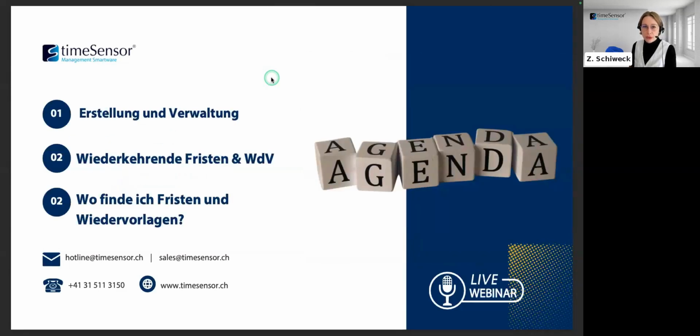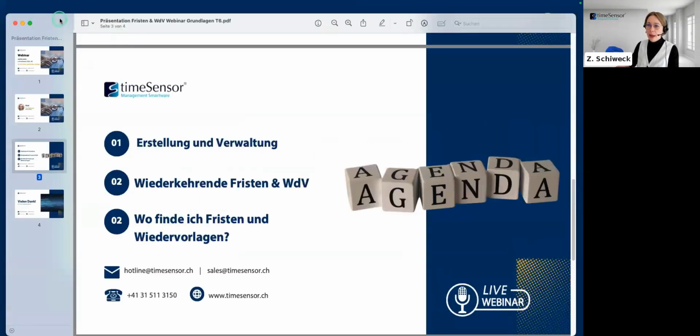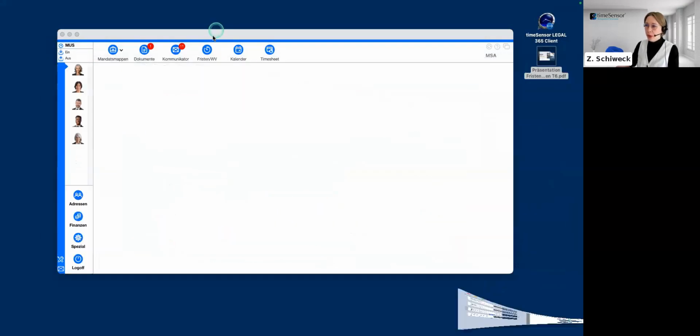Today we will just be focusing on deadlines and reminders. First, in the initial point of the agenda, we will look at how to create and manage them. Then we will see how to set up a recurring deadline, or in some cases, a recurring reminder. After that, we will look at all the places in the software where you can view the deadlines and reminders you have created. I don't want to waste any time, so I'll hide my presentation and return to timeSensor